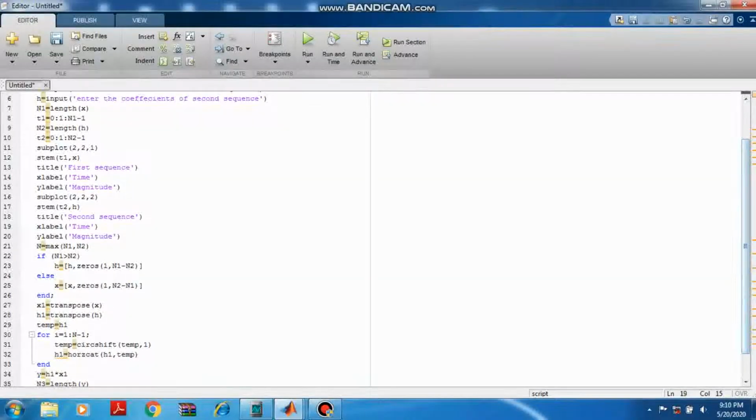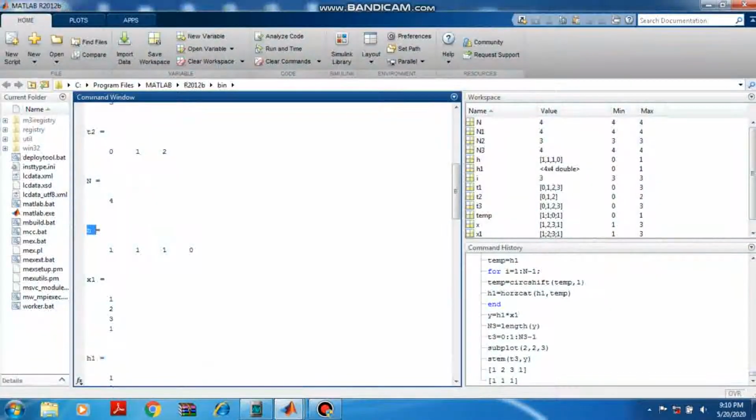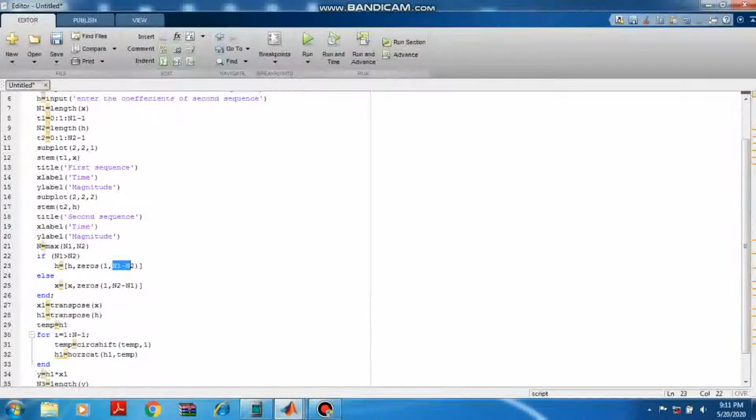So your h matrix will be this h itself, and then it will add n1 minus n2 zeros, where 1 is the number of rows here. So your h matrix was 111, then it added n1 minus n2 zeros. It executed this loop and ended here.